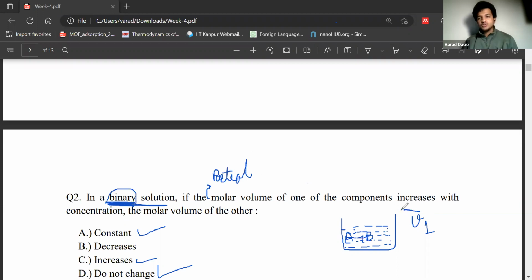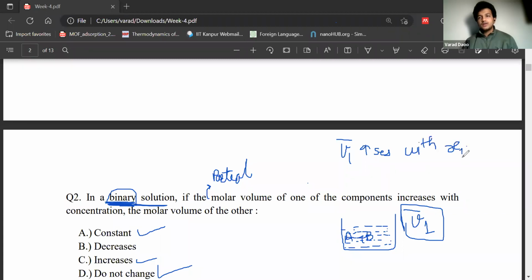What is partial molar volume? Partial molar volume is V1 bar. If V1 bar increases with its concentration, increases with